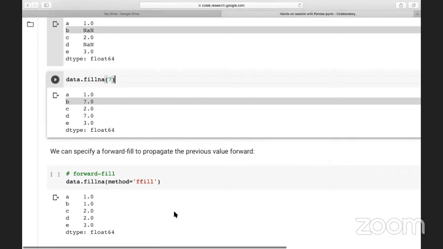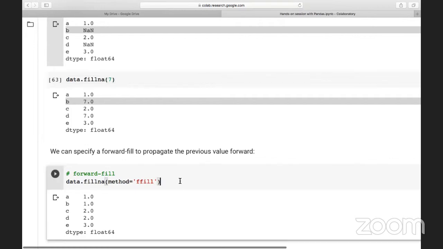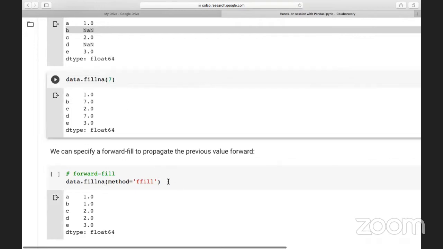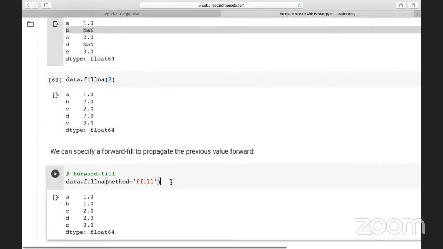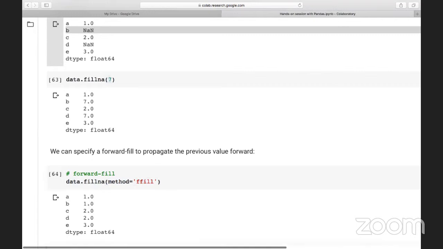As I said, there are 2 types of handling missing values. One is forward fill, and another one is backward fill. Forward fill is nothing but, instead of specifying a predefined value, we pass in the parameter called method, and specify that we need to fill in the null values using the ffill method. So whenever I run that,